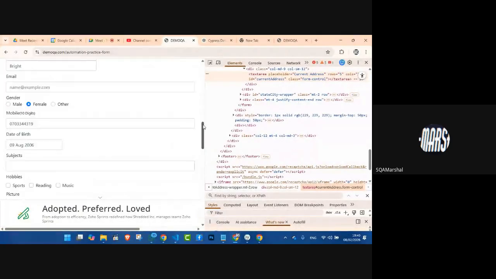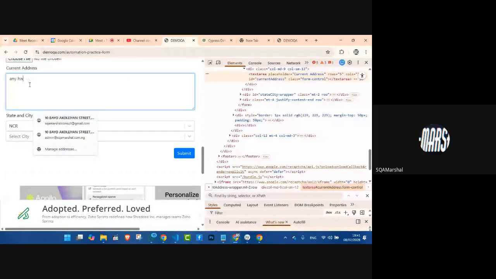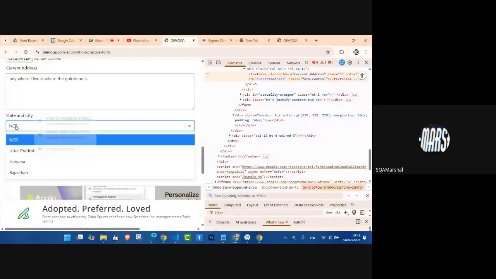I don't want to go through the route of entering all of this from the beginning again. So I'll just say select. Okay. Now I want to enter the current address, anywhere I live is where the gold mine is. Right. Now, if you look at this state and city, right,